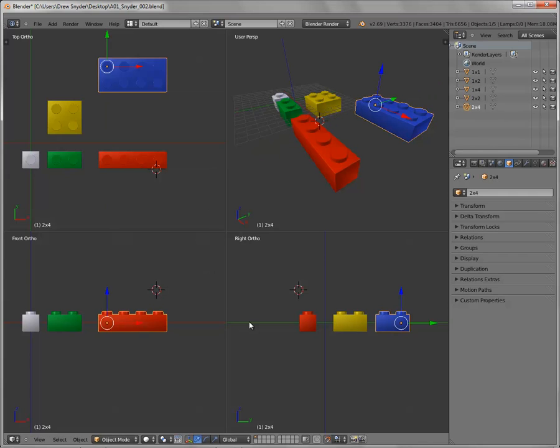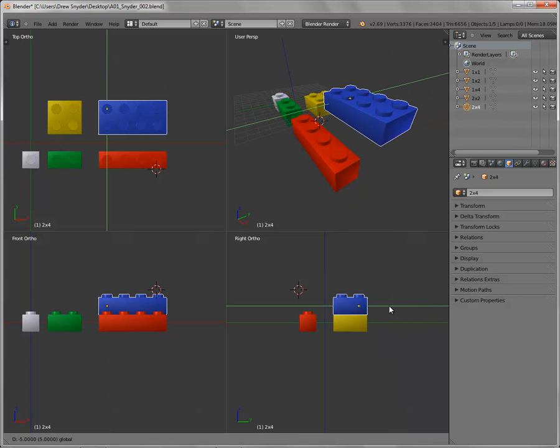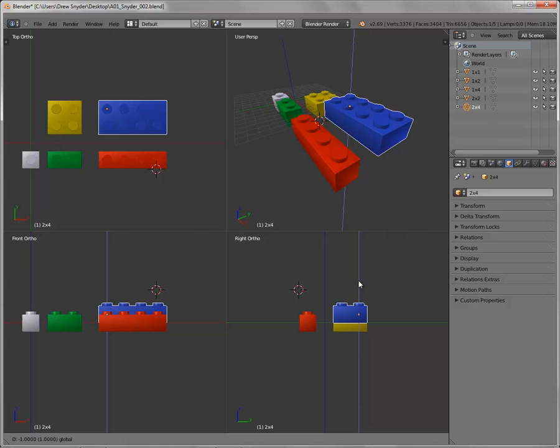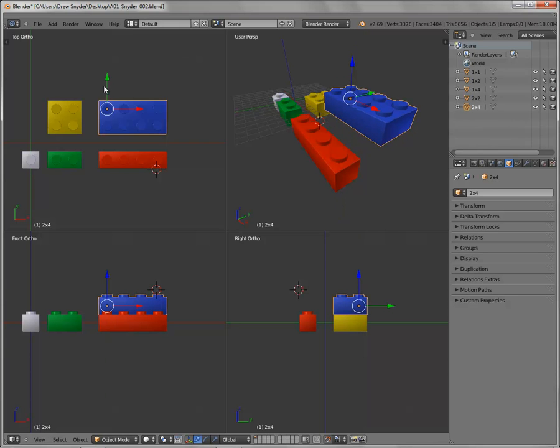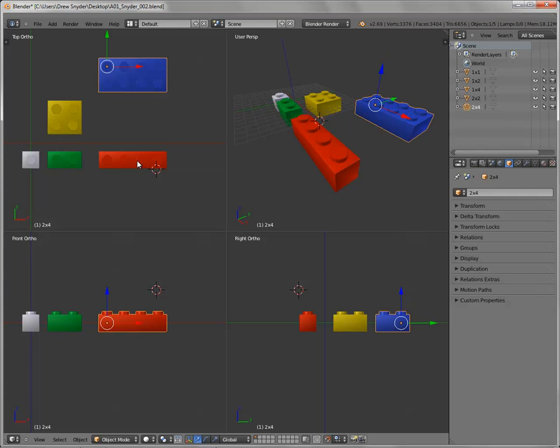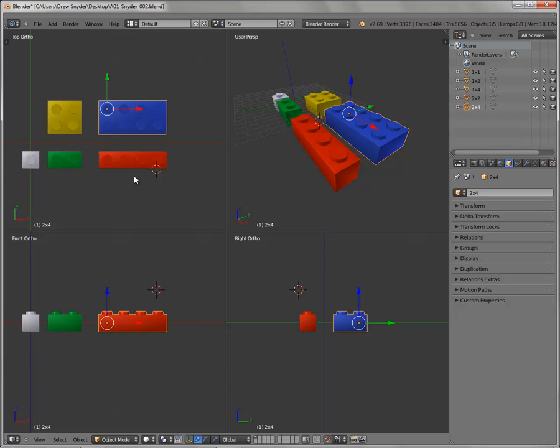So what I have enabled is, if you go down here, you'll see this little snap is enabled. What this does is allow your Lego pieces to actually snap on top of one another. If you don't use that, then they're going to look a little funny. For example, if I go into the right view and I pull this up and move it over, you can see that we get perfect registration of the piece. Either it's intersected or it's floating above, but we can use this as a way to line up. There's a pre-made grid that already exists with this setup so that it's easier for you to use the